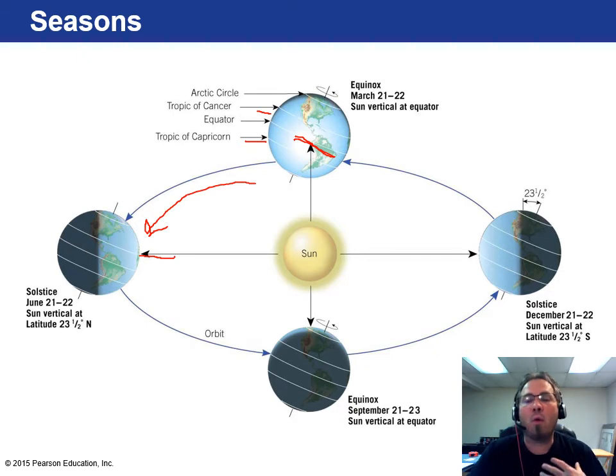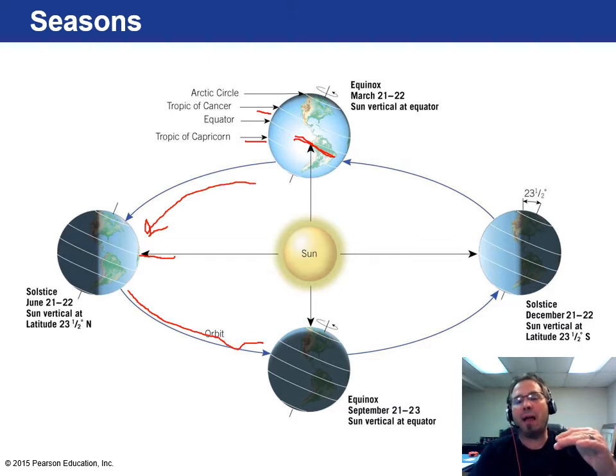That's where we have our warmest parts of the year. So we get more direct sunlight because we're tilted towards the sun. Then as we move around, we essentially end up in the same position that we were at the spring equinox, but now we're tilted the other direction, even though it's still at the equator. And now we're going to have our first day of fall, which is typically near the end of September.